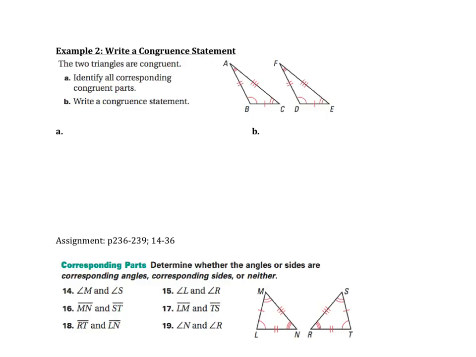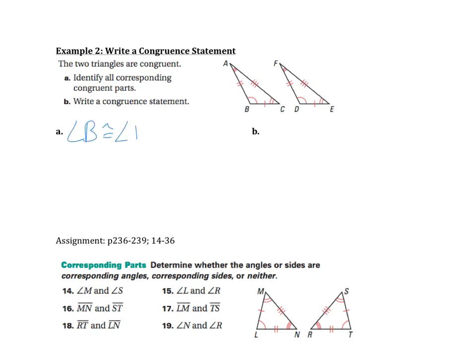In example 2, we're asked to identify all the corresponding congruent parts and then write a congruent statement. And that congruent statement, again, is that triangle blah, blah, blah, congruent to triangle blah, blah, blah. So the first thing we're going to list, and we can list these now based on the congruencies that are marked. So the single arch, we have angle